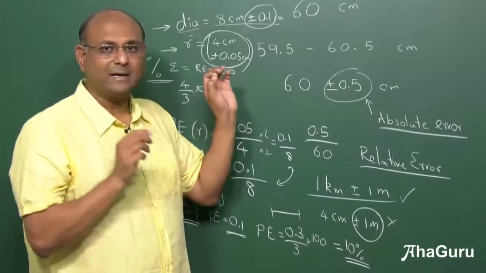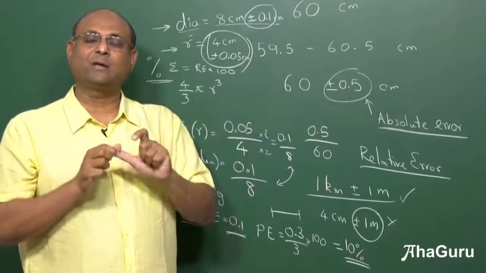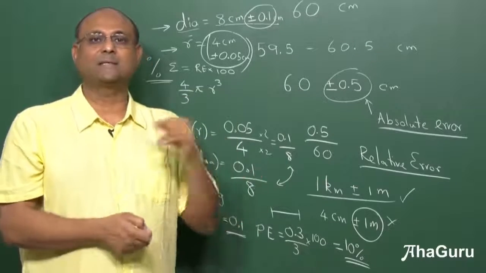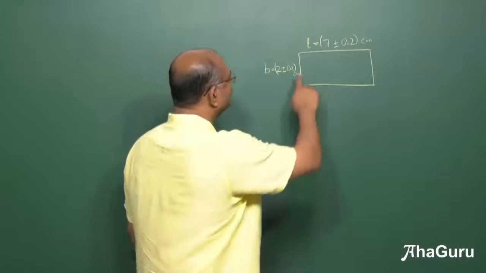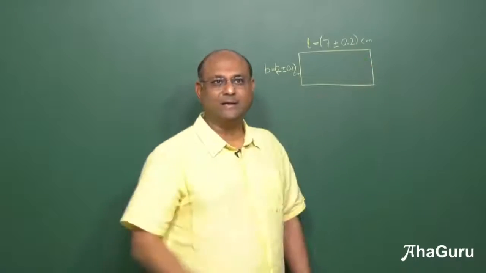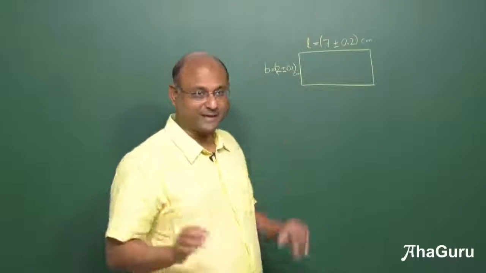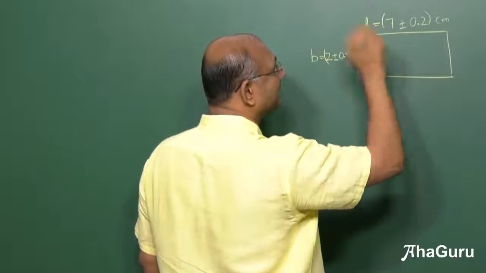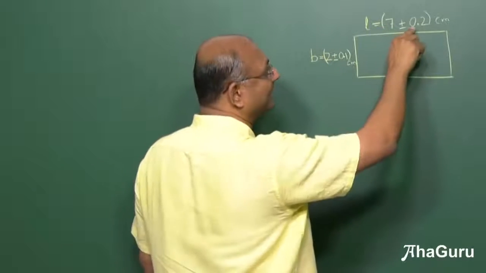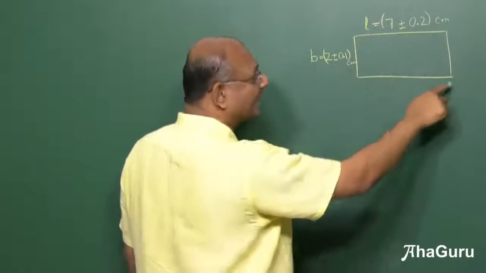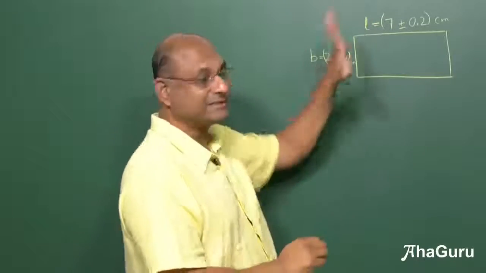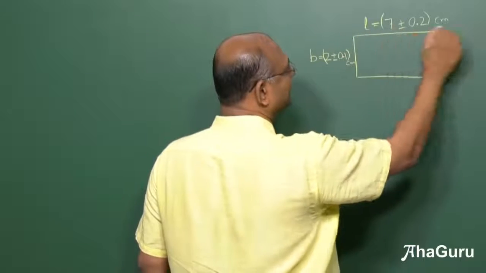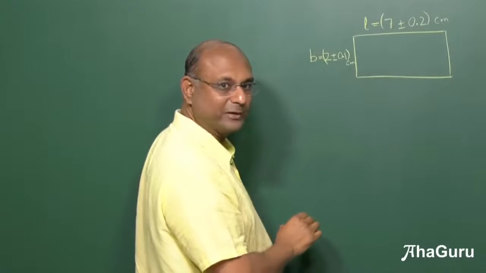Now let us take a couple of simple cases where we are looking at addition of two quantities and we want to find out what is the error in such a case. Now let us look at this question. I have a rectangle here. Okay, we'll assume it's a perfect rectangle and I want its perimeter. When we measure this length, let us say it turns out to be 7 plus or minus 0.2 centimeters and assume that this length is exactly the same. It's a perfect rectangle, okay? So we make only one measurement and that measurement happens to be 7 plus or minus 0.2.